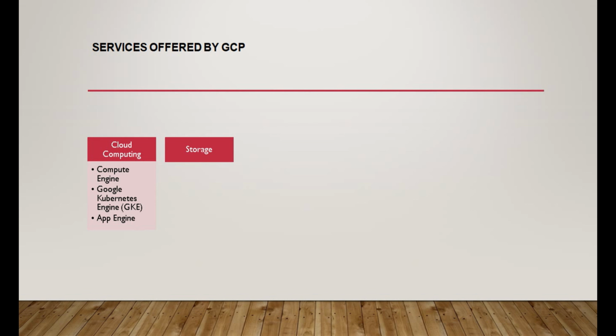Next comes storage. So in storage, you have Google Cloud Storage, which is used to store large amounts of data that needs to be highly available and easily accessed. Persistent disk